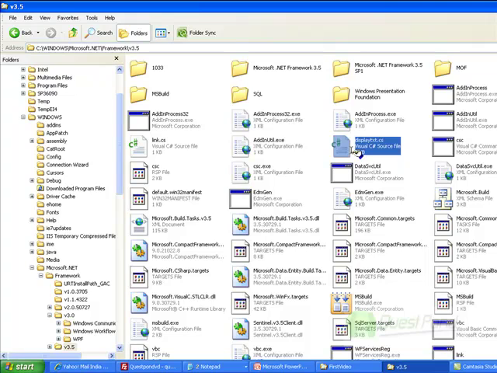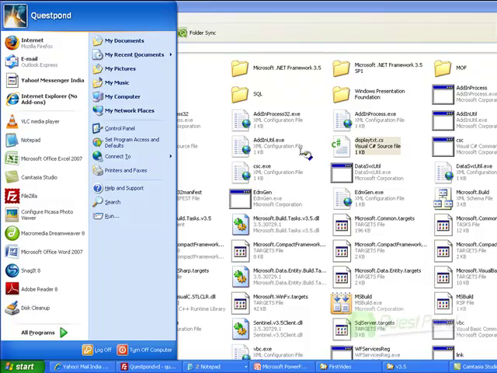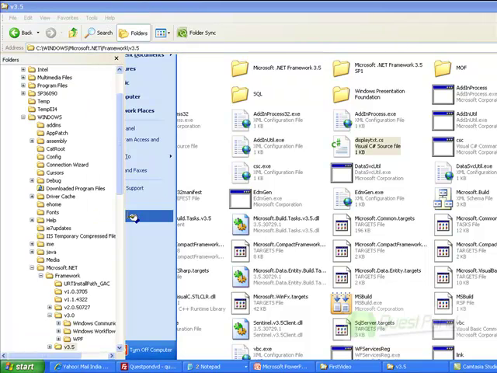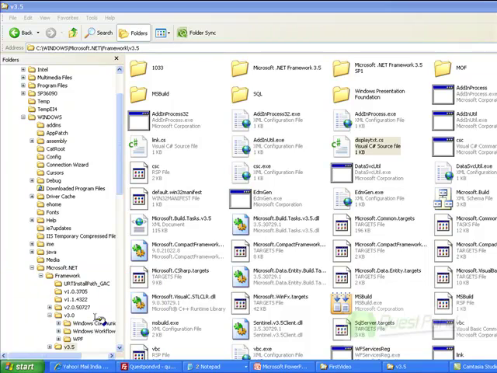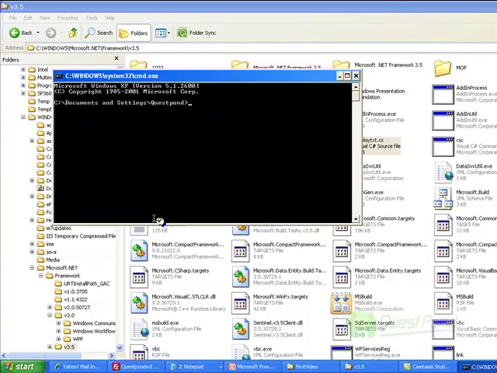For doing the compilation, we have to go to the command prompt. For the command prompt, click the start menu. In the start menu, you will find the run command. Click run. After the run command is open, write cmd in the command prompt. After writing cmd, click OK. You will get the command prompt. Now, in order to compile our file displaytext.cs, we have to go to that particular folder. For that, type cd space,